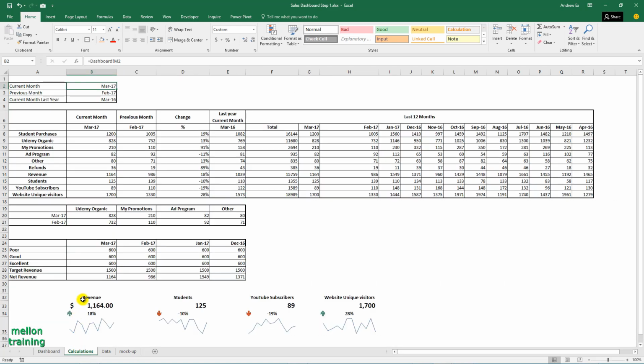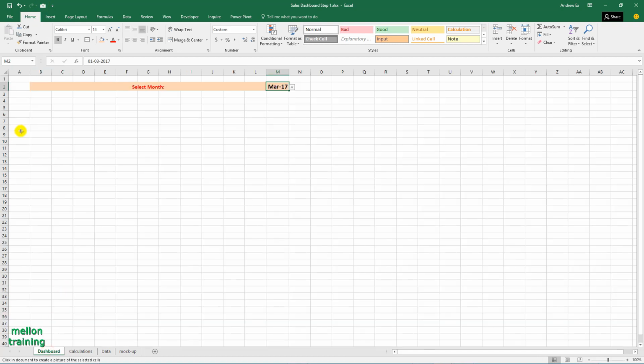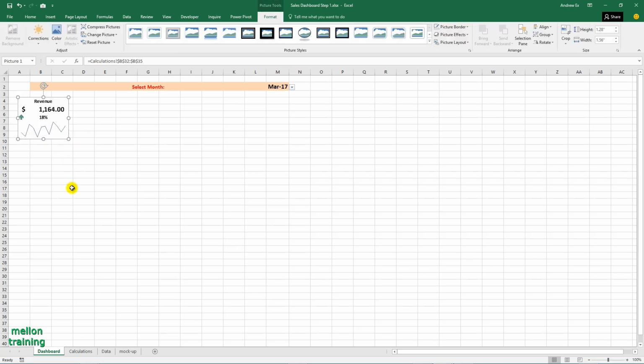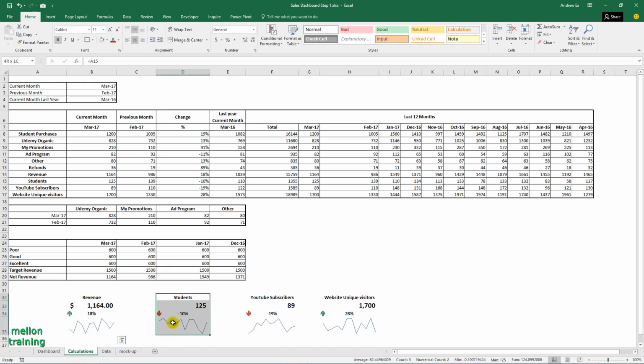From the calculation sheet, highlight these cells, click the camera icon and draw a box in the dashboard sheet. Somewhere there. Do the same with the other 3 metrics.